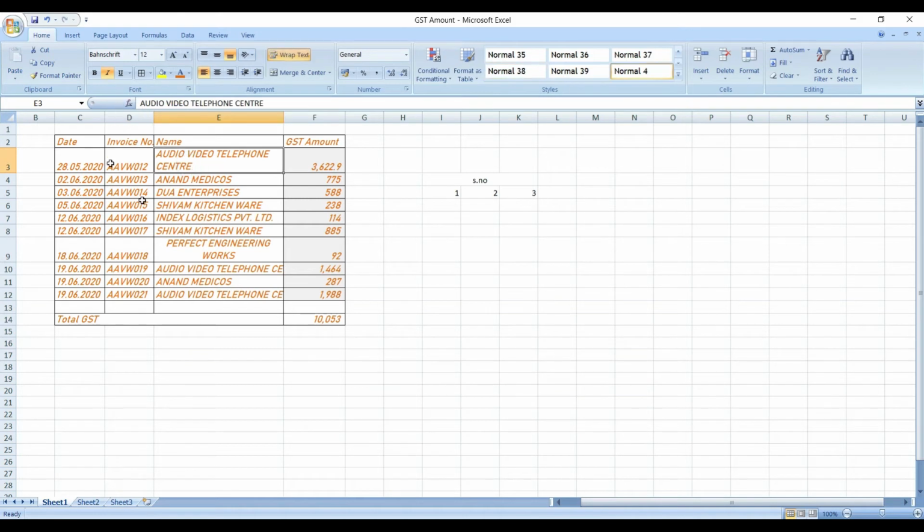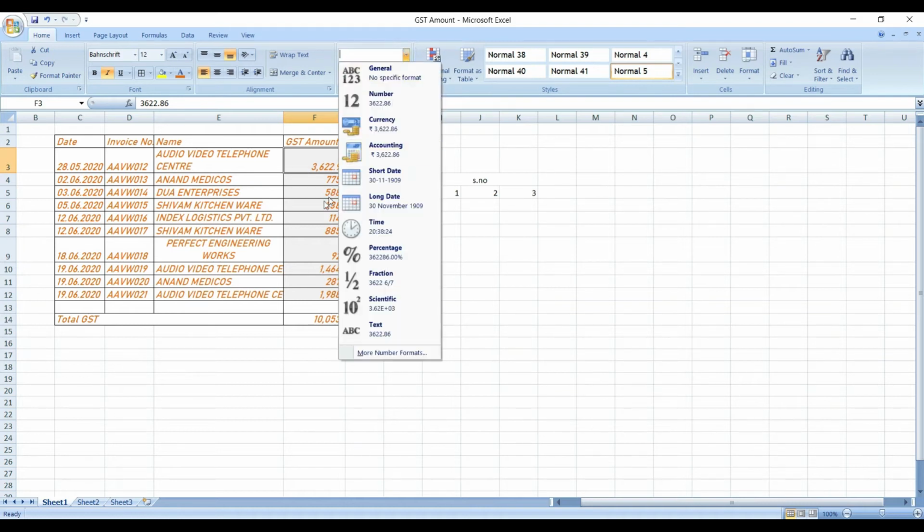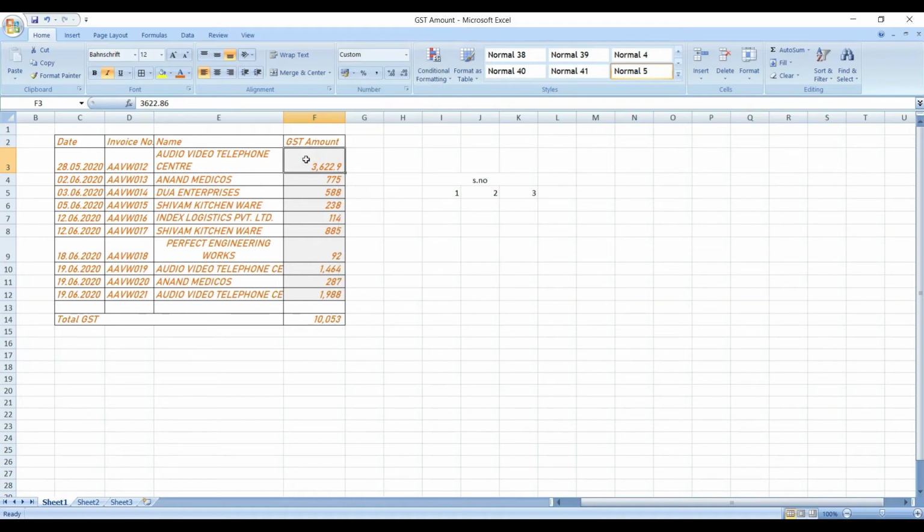And again, if I see another cell, this is also a general cell, and again I am just adding on the custom size, because custom size is important. Custom is related to the number or calculation base. So basically when we are calculating numbers, we really need to have custom size, because in the custom number we can add decimal numbers also.